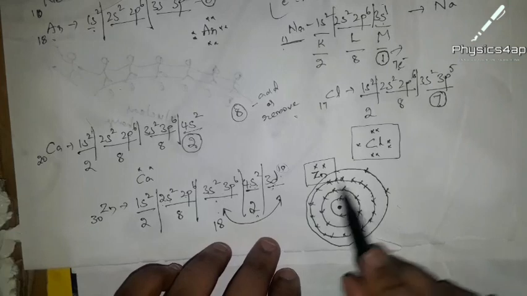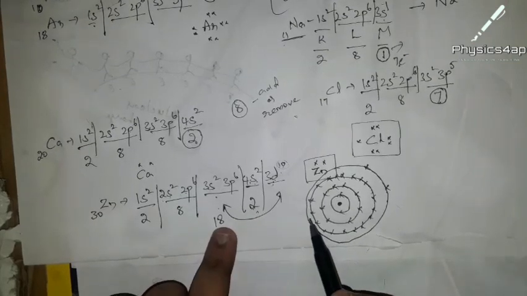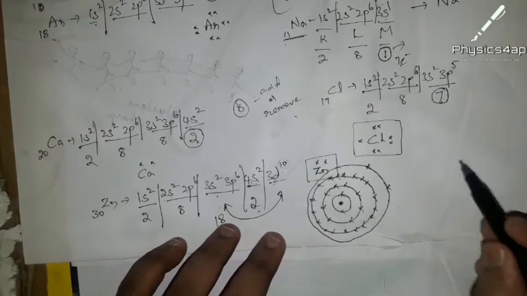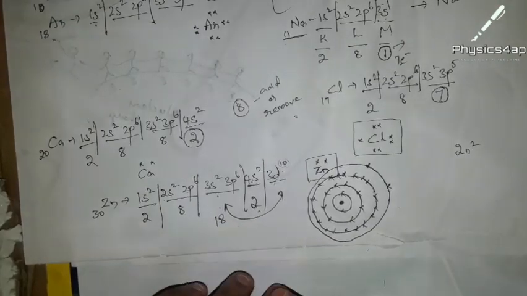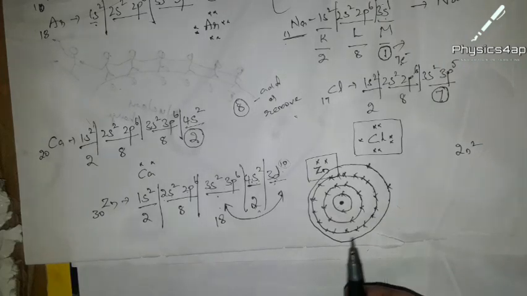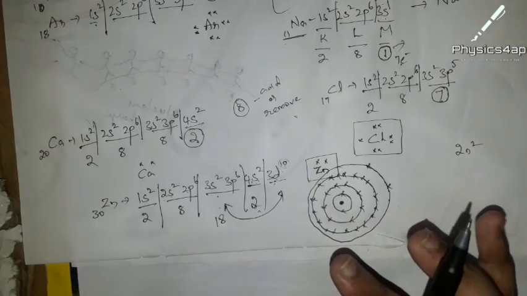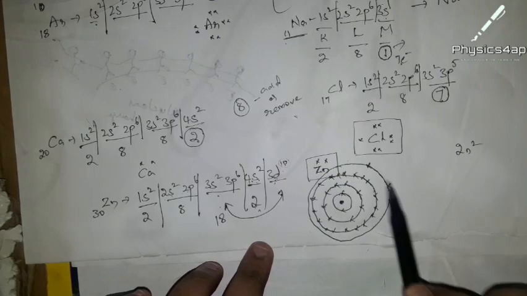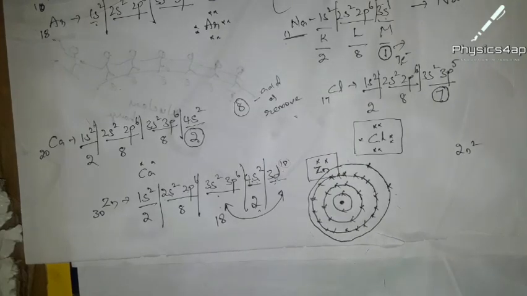Now if you count the total in the third shell, you will have 18 electrons. No more electrons can fit in the third orbit, as we have discussed in the principal quantum number, that is the formula 2n square. Once revise the chapter on the structure of atom, where you will see how many electrons are placed in the surrounding shells, like K shell, L shell, M shell. Now if you see the outermost orbit, which is the fourth shell, we have 2 electrons, so 2 electrons have been placed for zinc.